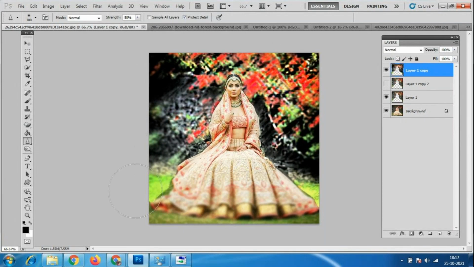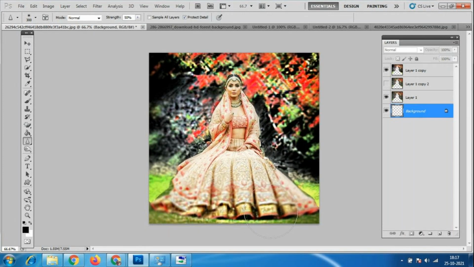So we have to select that particular layer, and there we can make it sharp very slightly. Very lightly the effect is going, the blur effects are going. Only some of the image is becoming sharp.